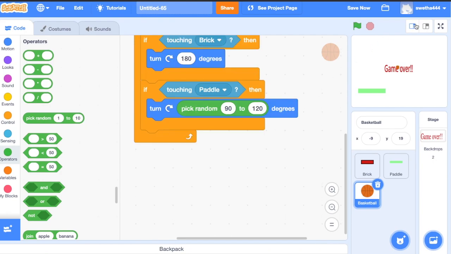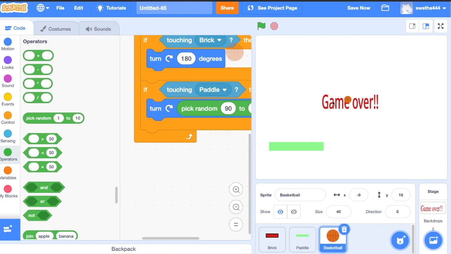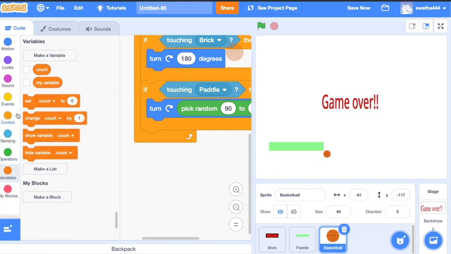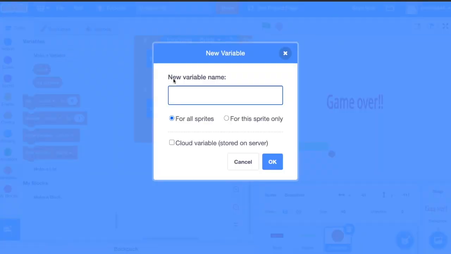And if the ball Y position is less than paddle Y position, -115. If the ball Y position is less than paddle Y position, then, okay, first we'll create a variable, lives.